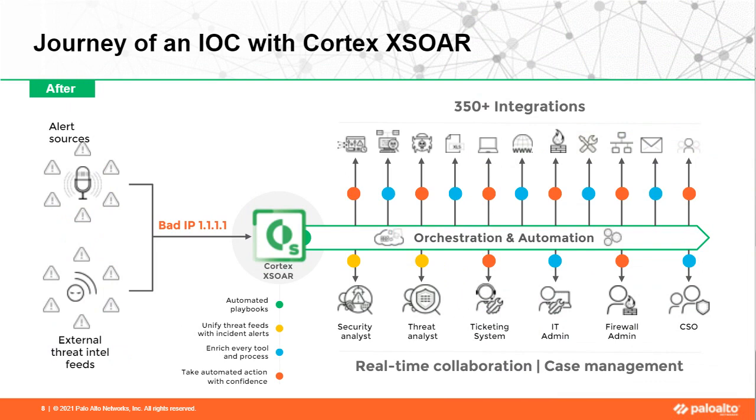So this is what that workflow looks like after implementing something like a threat intel management solution. Right now, instead of a bunch of disjointed processes, you have a single pipeline where all of your threat intel is being aggregated. And now your different stakeholders of threat intel can work out of that common tool, right? Whether that's your SOC, whether that's your threat intel program, whether that's your firewall admins who need to pull out known good indicators out of that platform, they have a common place to go with a common set of workflows and automations to deliver that intelligence where it needs to be.